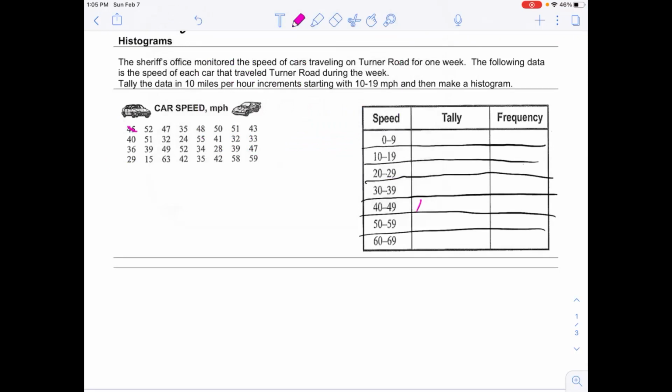So I would put a tally there. So then the speed 52, that's between 50 and 59. So I would put a tally there. And then I'll just keep going. So if you would rather pause the video and do this on your own and then check at the end, you can do that. But otherwise, I'm going to go through and fill this out, and you should do the same. 47 goes here. 35,